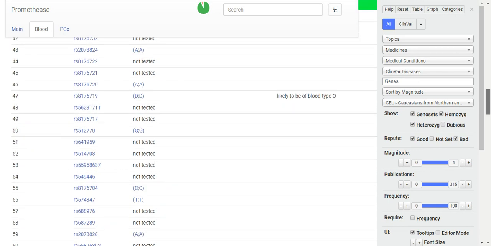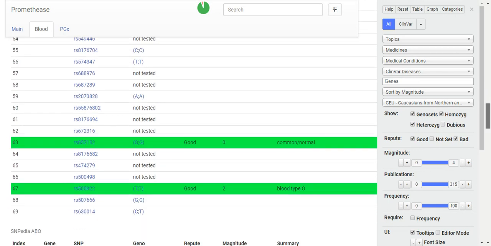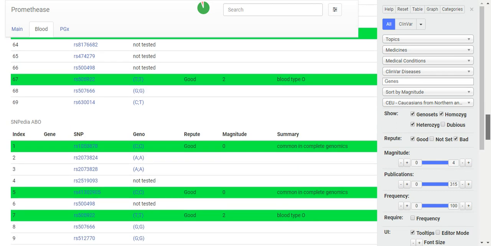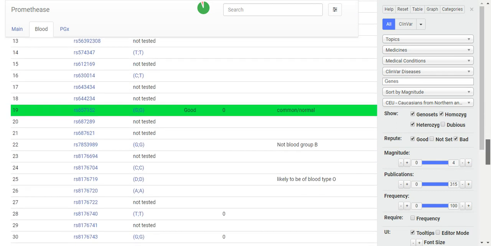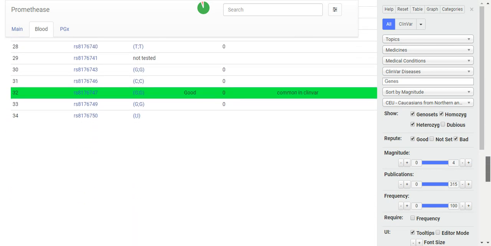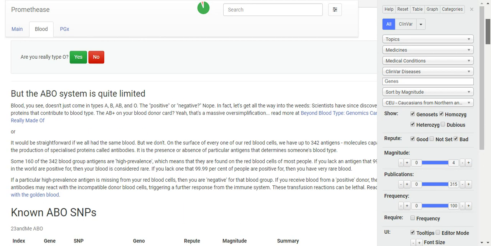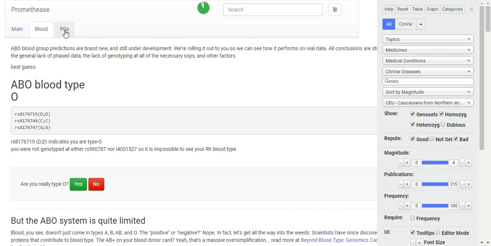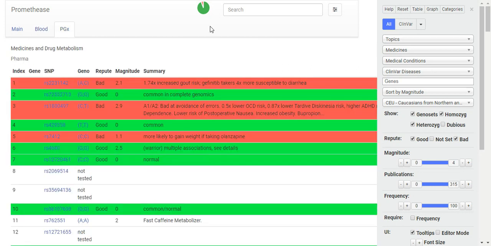Likely to be blood type O, blood type O, not blood group B, likely to be blood type O, etc. So they can take a little guess at that, and you can tell them if they're right or not, if you know.